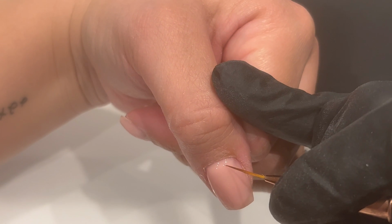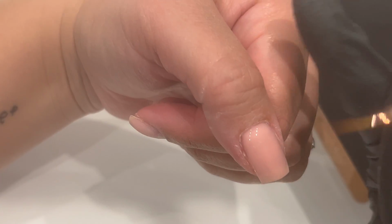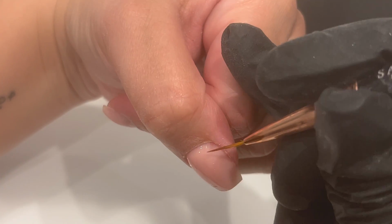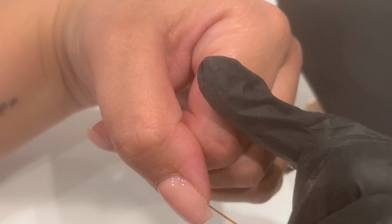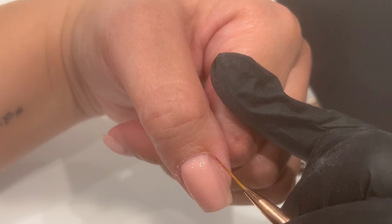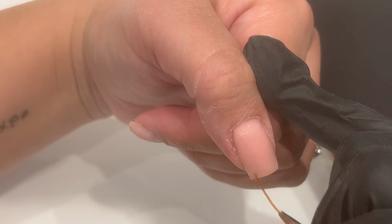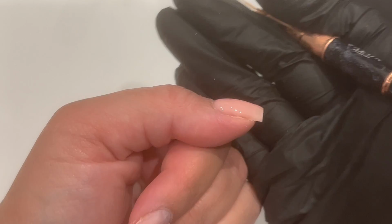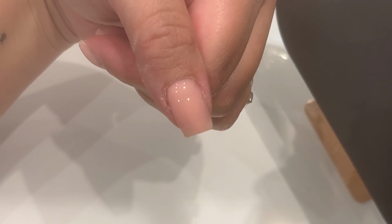If you are a little bit worried about getting the product too close to the cuticle, you can always run the brush a little bit close to the cuticle if you wanted to, but I'm happy with how close mine is, so I'm not going to do that. But obviously if you wanted to, then you can do. And then I just like to run the brush down like this, just to make sure it is as smooth as possible. Like I say, I'm going to be going in with my file afterwards,